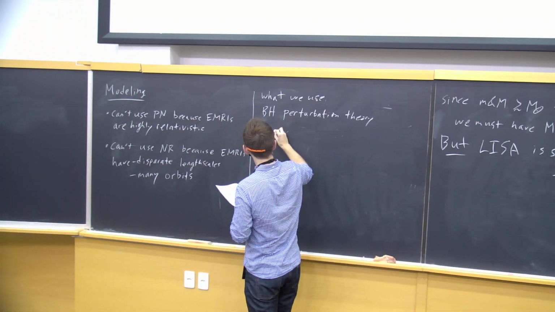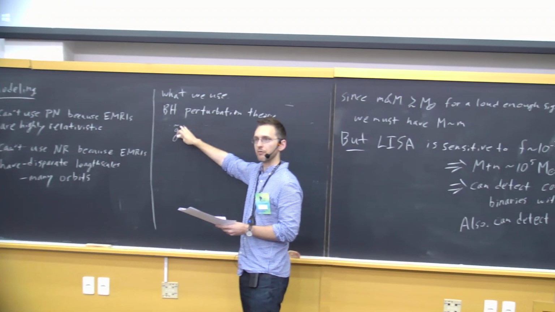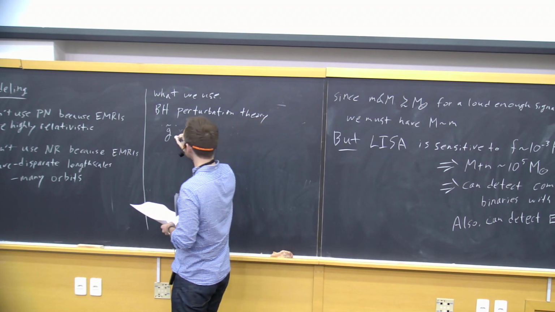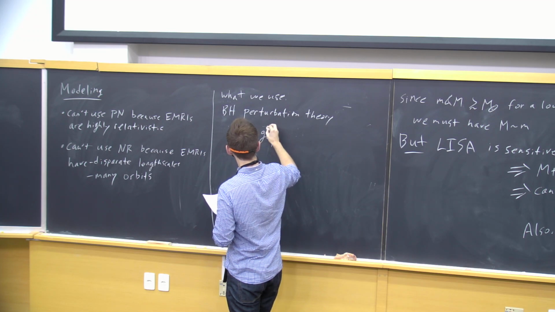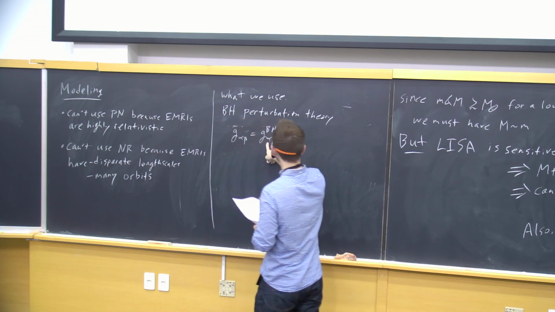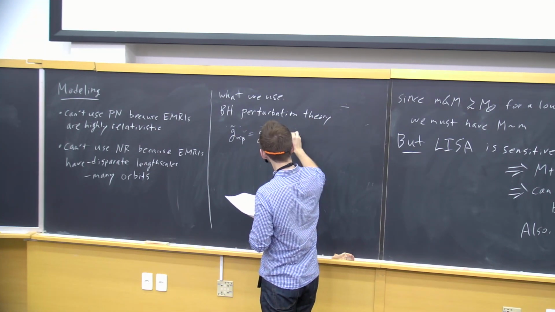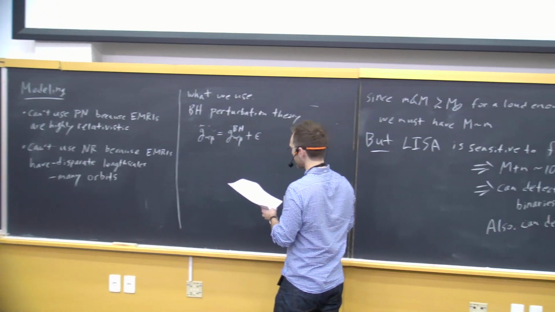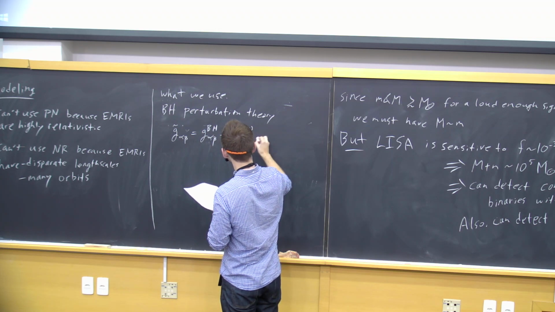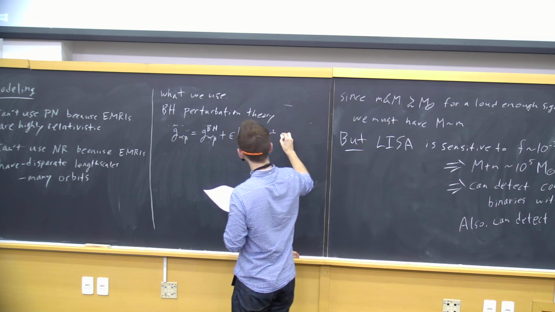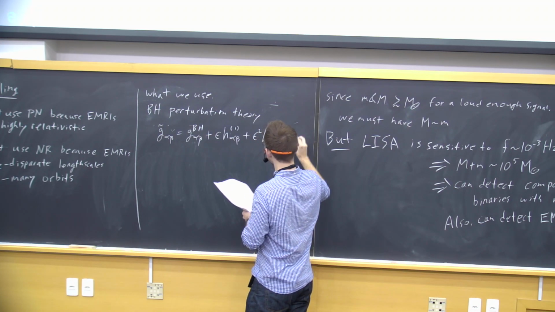where we take the metric. Let me put a tilde on top of the metric when I'm referring to the exact metric of the full system. It is going to be equal to the big black hole's metric at leading order plus a small parameter epsilon times a first order metric perturbation plus epsilon squared times a second order metric perturbation, and so on to all orders,